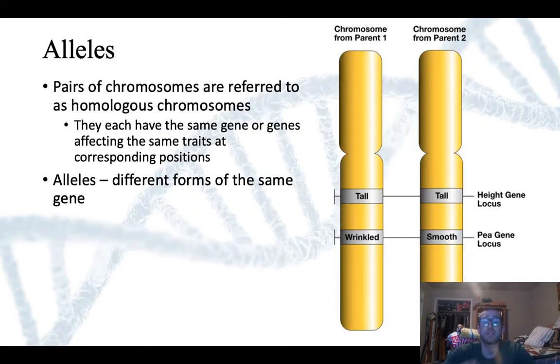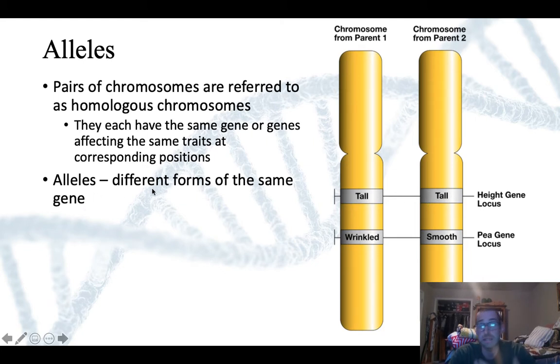So I mentioned that you have two sets of your chromosomes. As a result, you have two copies of each gene, right? And that is true for all of our organisms that are diploid. So you will have pairs of chromosomes. Chromosomes that are the same are referred to as homologous chromosomes. They will each have the same genes, but potentially different variants of those genes, which we refer